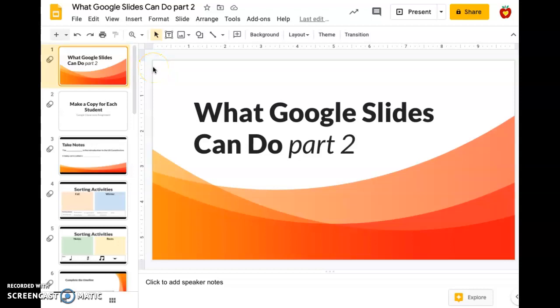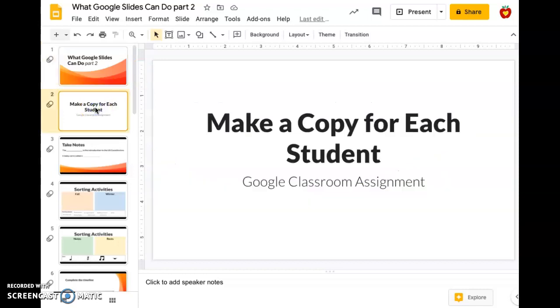Here's more information about what Google Slides can do for you and your students. In this presentation, I'm showing you a set of slides that I would share with my students. And in order to share these slides with my students, I would start by making a copy for each student